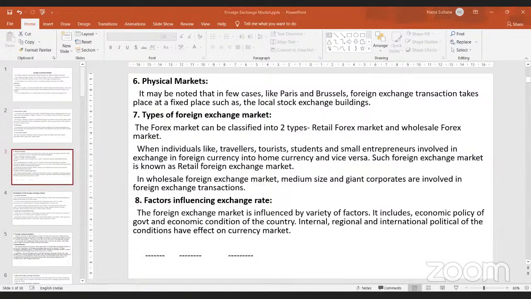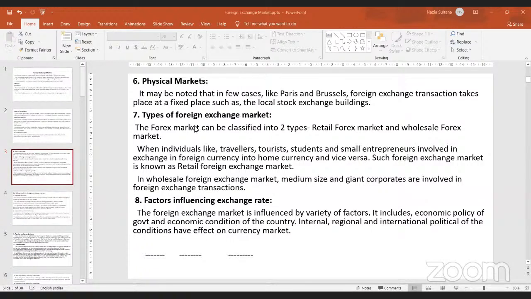And this particular forex market can be classified into two types. You have a market which is retail forex, and you have a market which is wholesale forex. When you say retail forex, you are basically talking about individuals who are buying currency. As I was telling, if you're traveling as a tourist, or as a student and you have to meet your expenses of fees and stay in that country, then you are an individual person, a citizen of a country, buying the foreign currency of another country. So you would say that this is a retail forex market where an individual is buying the foreign currency of a particular country.